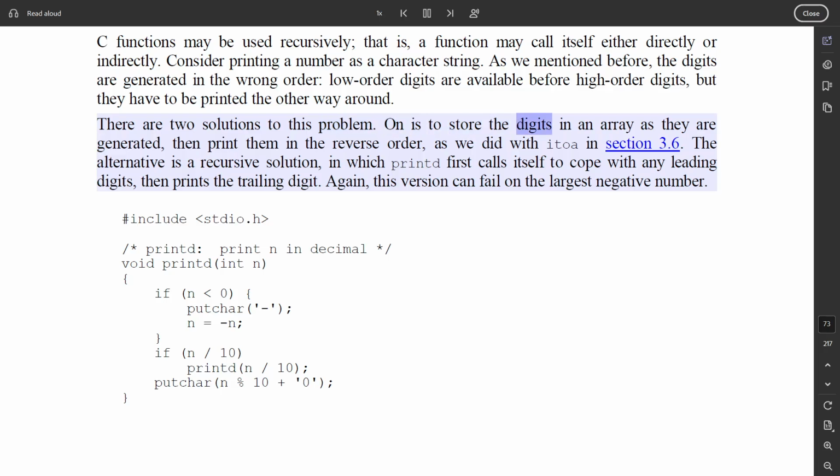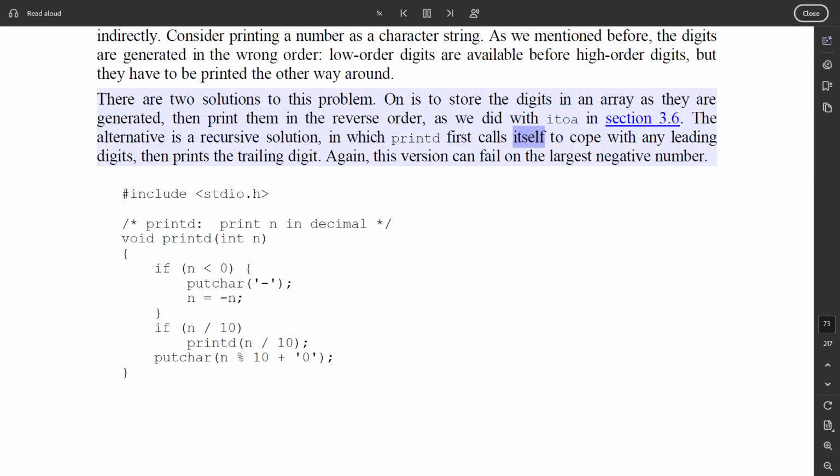One is to store the digits in an array as they are generated, then print them in the reverse order, as we did with itoa in section 3.6. The alternative is a recursive solution, in which printd first calls itself to cope with any leading digits, then prints the trailing digit. Again, this version can fail on the largest negative number. #include <stdio.h> /* printd: print n in decimal */ void printd(int n) { if (n < 0) { putchar('-'); n = -n; } if (n / 10) printd(n / 10); putchar(n % 10 + '0'); }